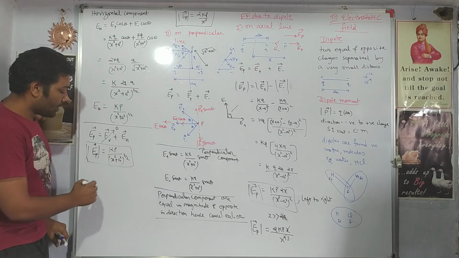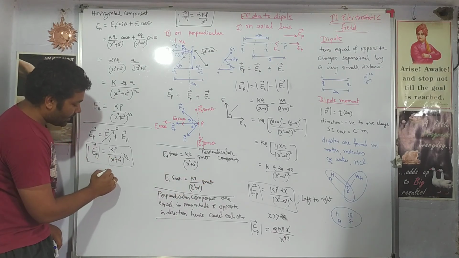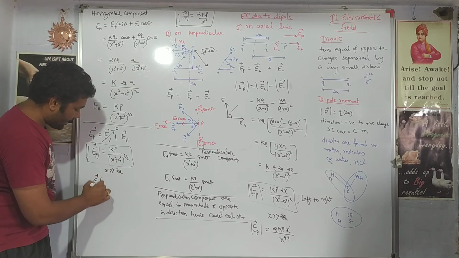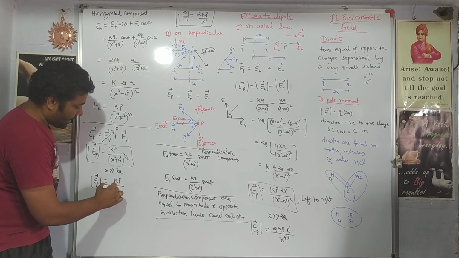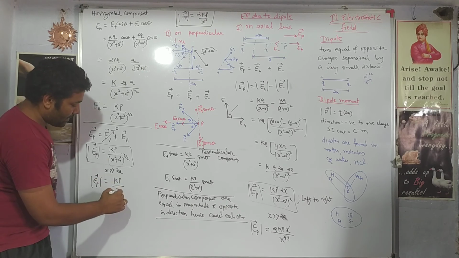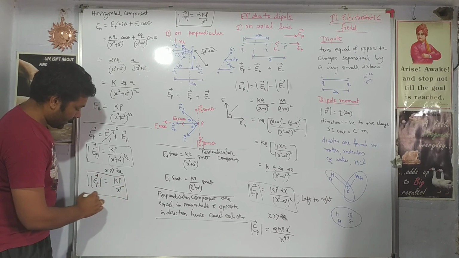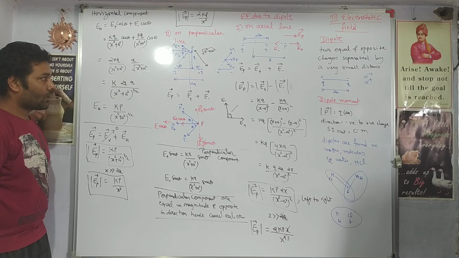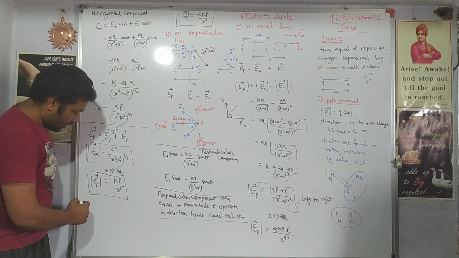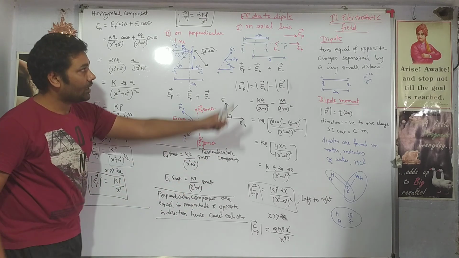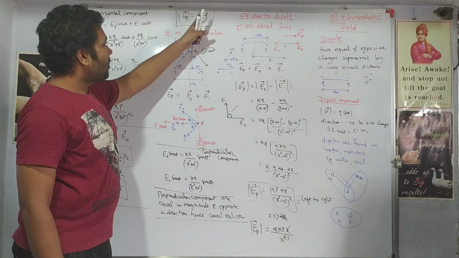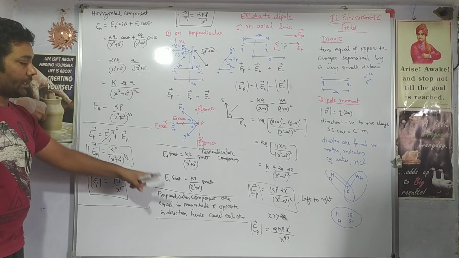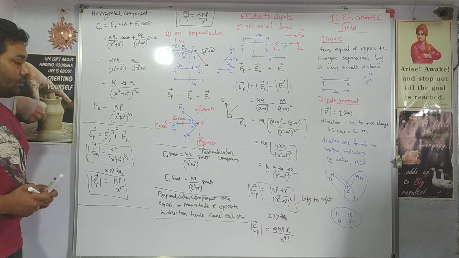Again we can put an assumption here. What assumption? The same assumption, that the distance x is very very large as compared to a. So this equation can be modified as kp by only x remains, so it will be x cube. So this is the electric field at point P on the perpendicular line. So this is the derivation. One more conclusion to be obtained, if you see on the axial line and on the vertical, perpendicular line. So that is what the derivation is.